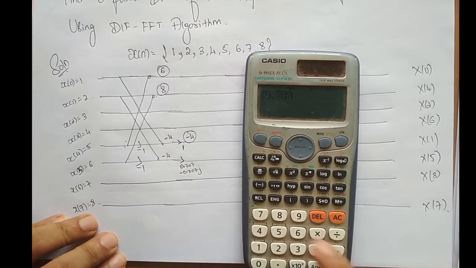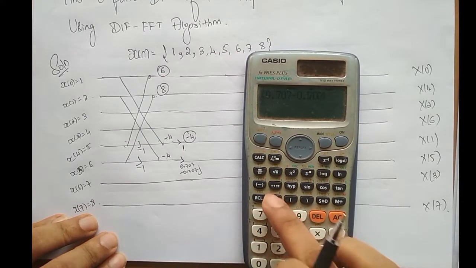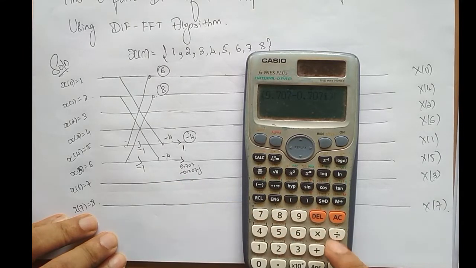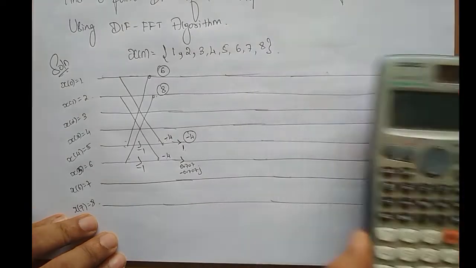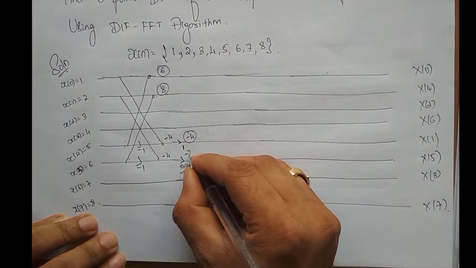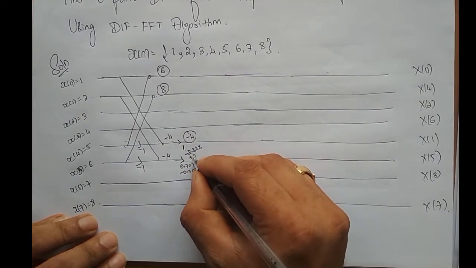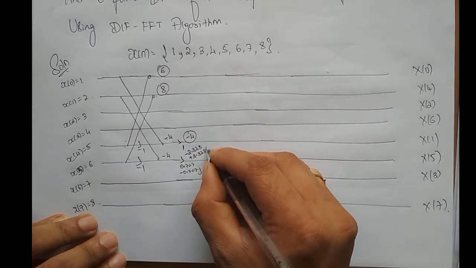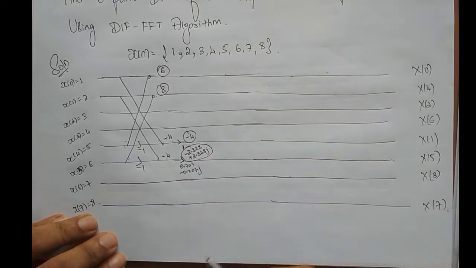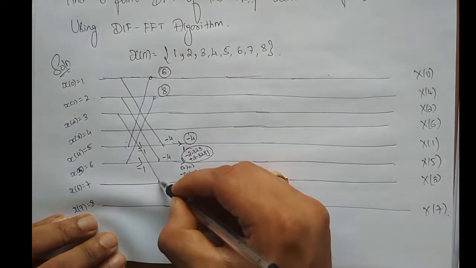So 0.707 minus 0.707j times -4. So we get minus 2.828 plus 2.828j. So this is the output. Fine. So next butterfly,